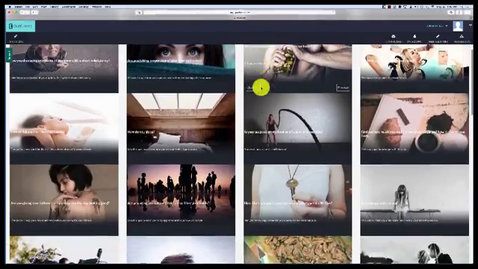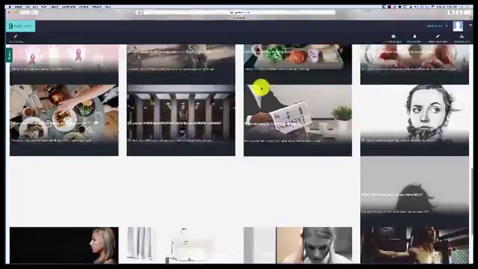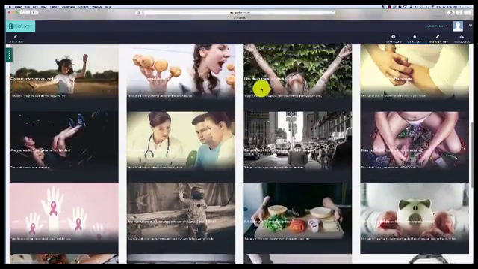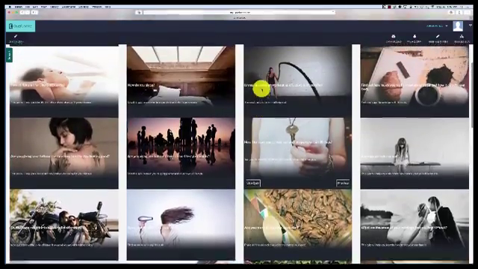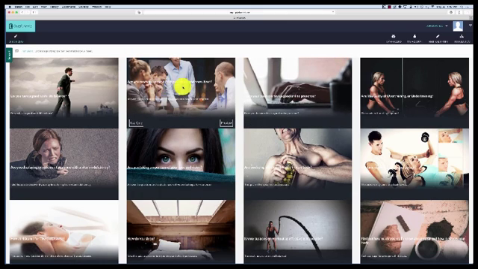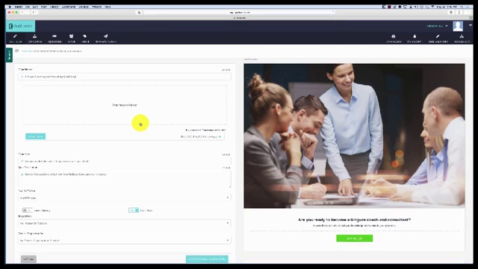And you can see they've got a ton of really cool templates that you can choose from, and there are upgrades to get more templates, which I again encourage you to look at, because you're going to want to have variety, particularly if you're selling in a lot of different niches. Now I'm going to create a little survey for you guys, so I am going to choose something like this. This looks like a pretty good one to me, so I'm going to use this quiz. Okay, and now I'm just going to change it. Let's copy that. So this is going to be a how